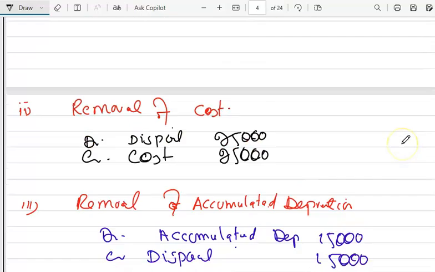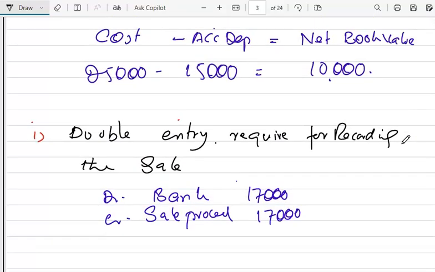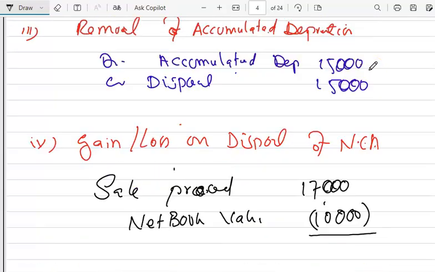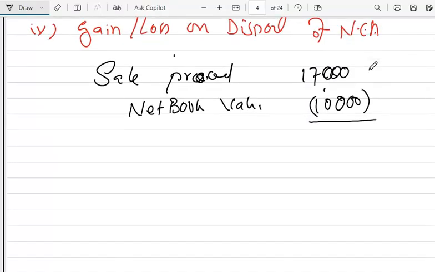So can you see the net book value over here? We initially recorded the net book value, it was 10,000. So what is the gain on the disposal of the asset? Is equal to